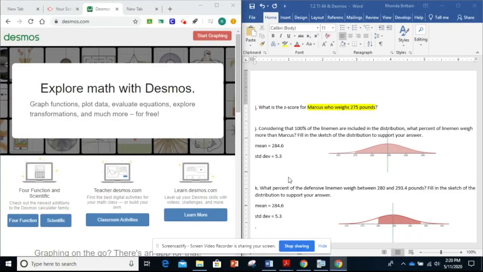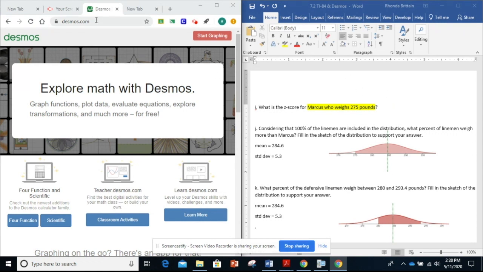In this video, I'm going to review how to use Desmos to calculate area under the normal curve, which is going to give us the population percentages. So this is going to follow lesson 2 or 7.2 on empirical rule and normal distributions. And we've actually worked out part of number 2 on this lesson. So we're going to go specifically through letter J, K, and L and how to use technology to solve those